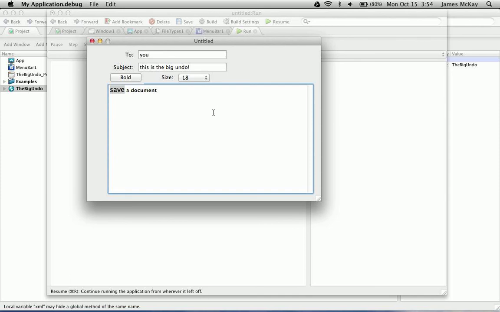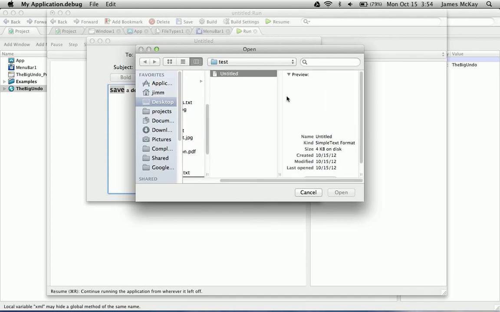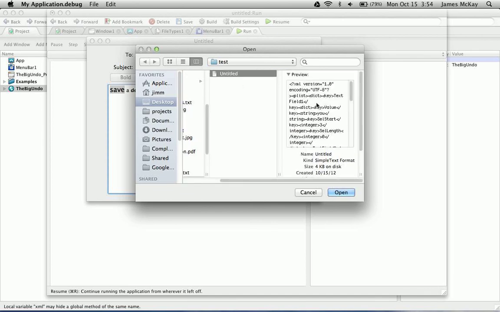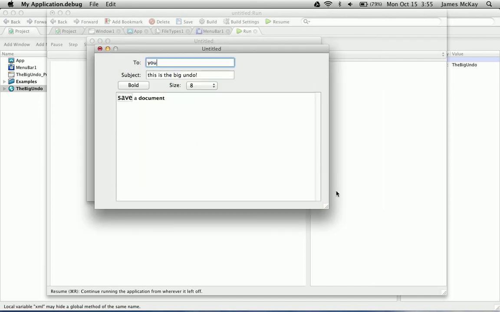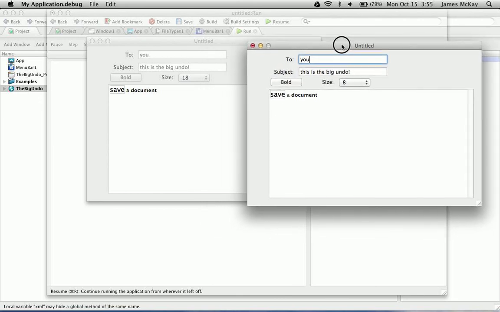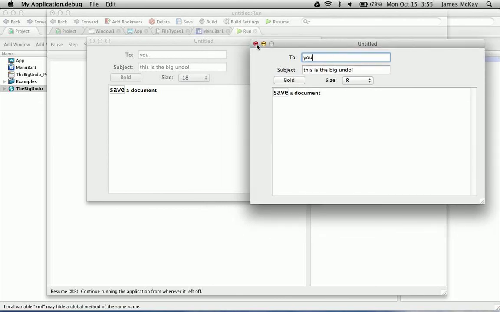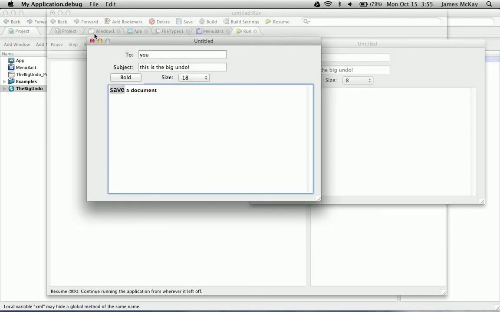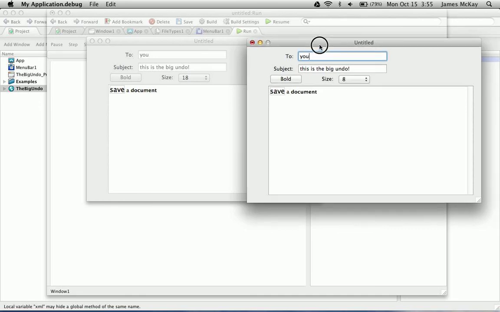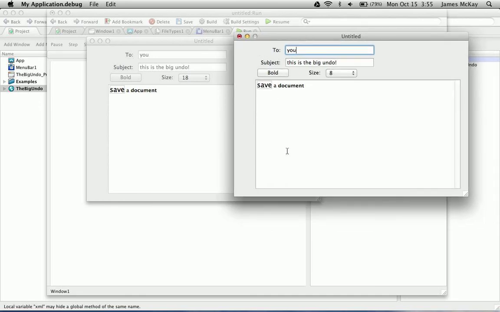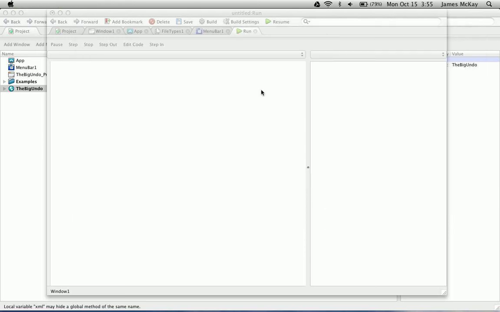And now if we want to say open, we can open that document. You can see it's XML because it's just saved as plain text here, but boom, there is document saved and opened. And oh, one thing I forgot to do here, you notice the change flag is set. This one, the change flag is not set because we saved it and it's updated the window's saved state document XML. So when we open the file, what we're going to want to do